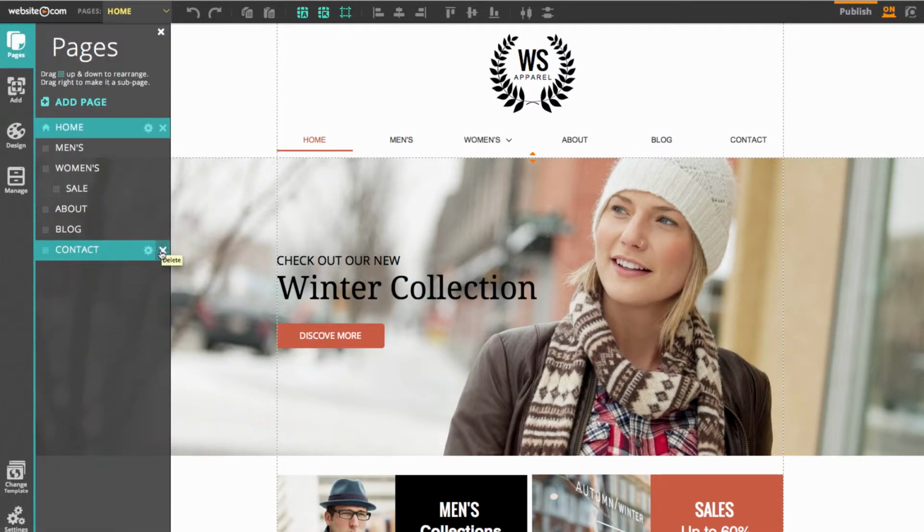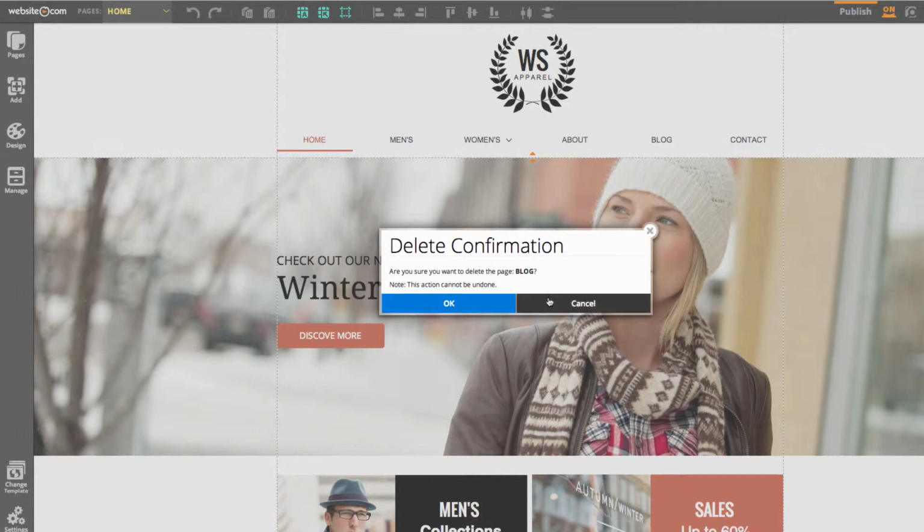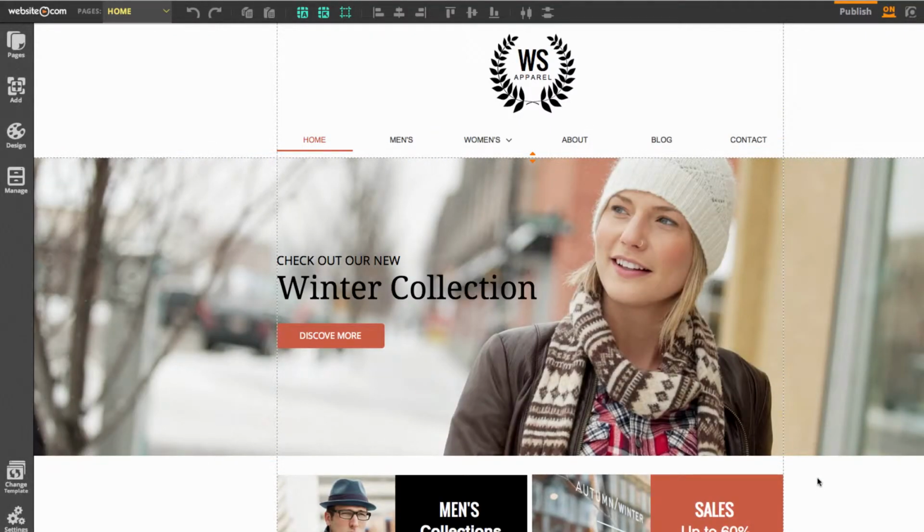To delete a page, you can click on the little X icon beside a page within your pages section of your sidebar. So if I wanted to delete this blog page, I could click on this X here, and then I would be asked to confirm to delete the page. Deleting a page means deleting all of the content from the page and the page itself, so the page would